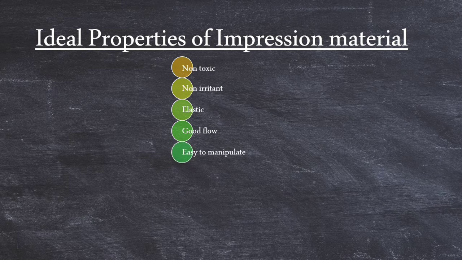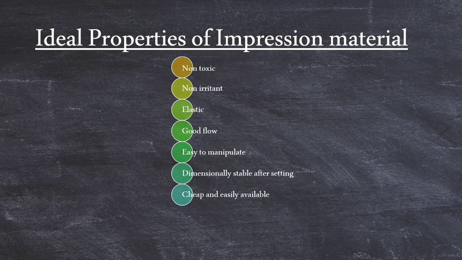Then it should be easy to manipulate so that we can capture even minute details. Then it should be dimensionally stable. That is, it should not shrink or swell up after it is taken from the mouth, before the cast is poured. Then it should be cheap as well as easily available, and it should have a setting time